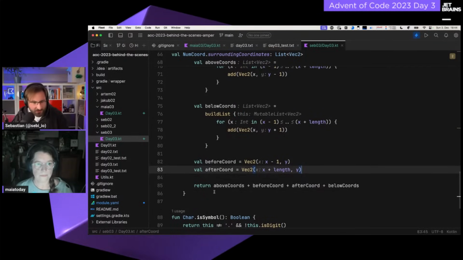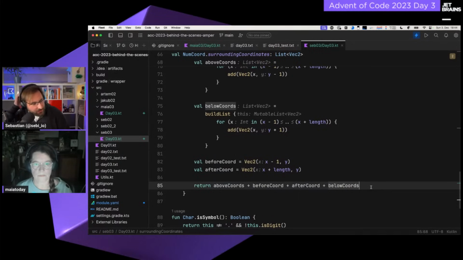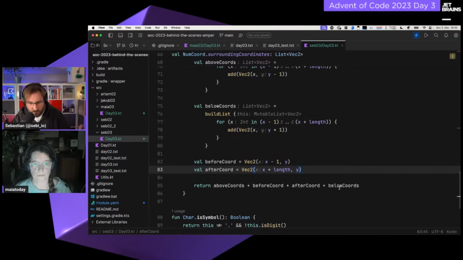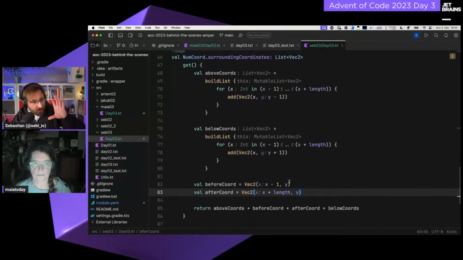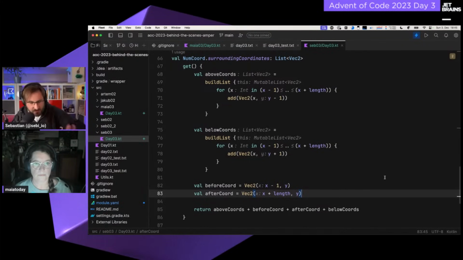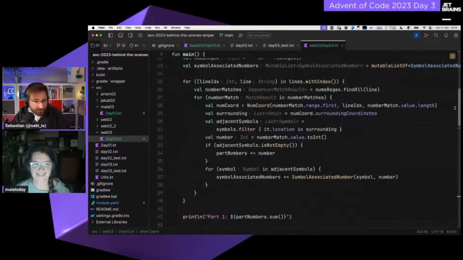after coordinate. And because Kotlin just allows you to override the plus symbol, and the plus symbol is overridden both for multiple lists, but also for vectors, or for primitive types, that works perfectly fine, and I can condense this. This is not very efficient. Like 100% it's not. There's a couple of things in here, but I wasn't really concerned with efficiency. I just wanted to have something that I can quickly explain to myself in my head, and then hopefully to you folks. So, with that in mind,